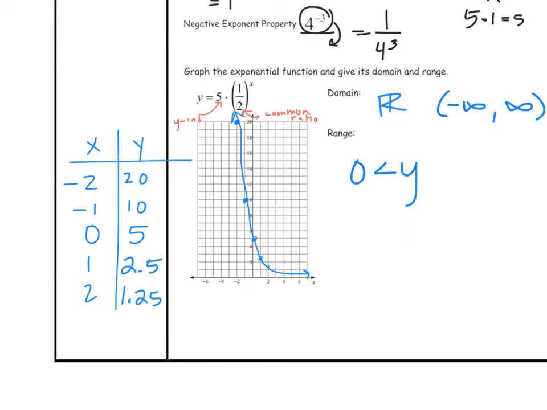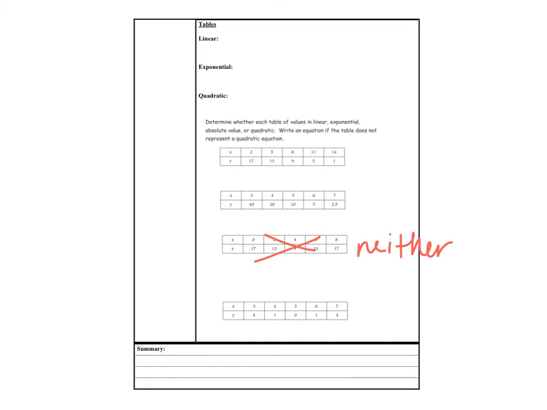You could leave it like that. If you want to put less than infinity, I suppose you can, but you don't have to, right? It implies that if you just say y value is greater than 0. Cross out that table because